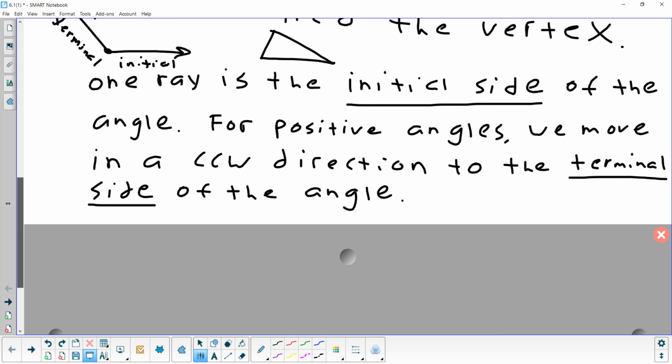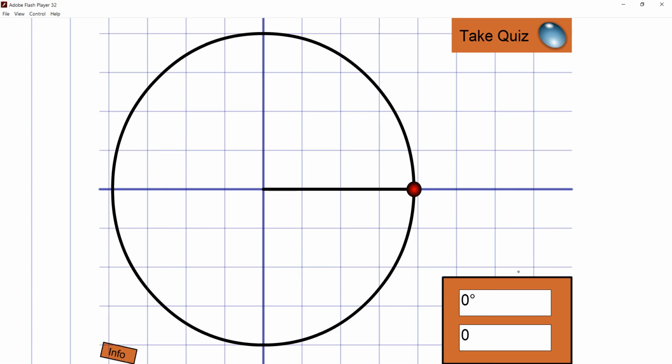So for a positive angle, positive angles rotate in a counterclockwise direction to the terminal side. Okay, let me actually bring something else up I can show you. All right, so let's take a look at this. This is a diagram that basically allows me to draw angles, and I can only move the terminal side. Okay, so the initial side stays right where we generally like to keep it,